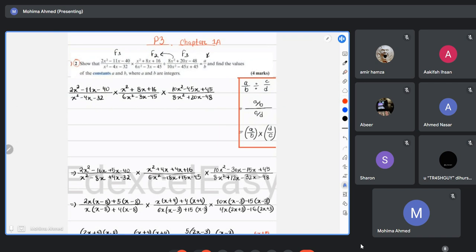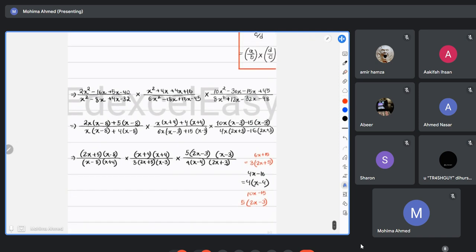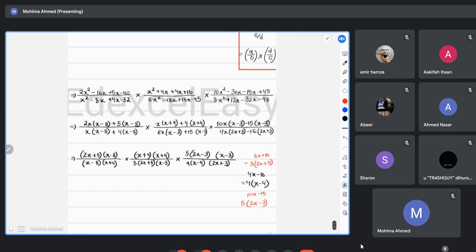Now you have arranged the equations. Now we'll start factorizing them because you have quadratic equations on both the numerators and denominator for the three fractions. So we did splitting over here and then we did the factorization and now we're going to cancel out similar things that are common in all the fractions.